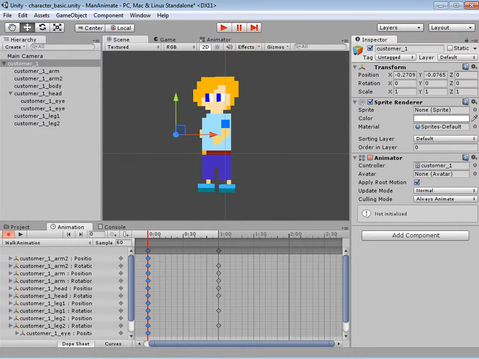If you select the keyframe on the top, it'll select all of them, so I'm going to hit copy, and I'm going to go out to 2 and paste that. What that's going to do is copy all of our starting positions out to that point in time. That way, on the middle frame, it'll actually start coming back to our original state, so we have a seamless animation. So if I hit play, you can see it's doing the animation, going back to the starting point, and then continuing on. So if I hit stop on this,